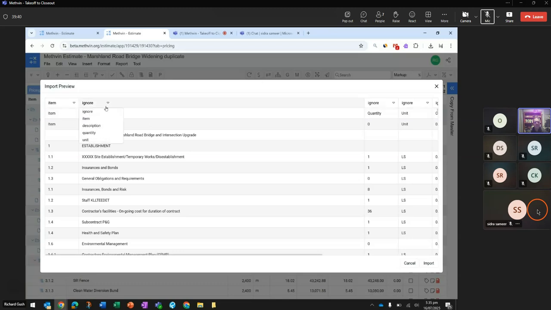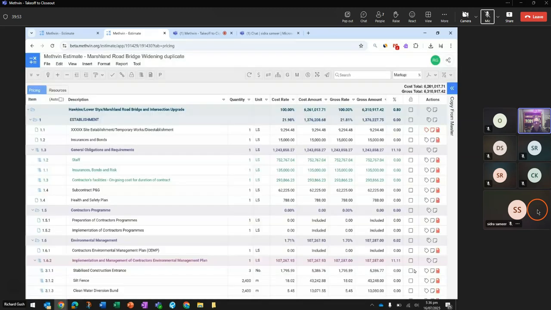So that's item description, and that's quantity, and that is unit. So once you've selected the mapping, all you do is import, and this throws